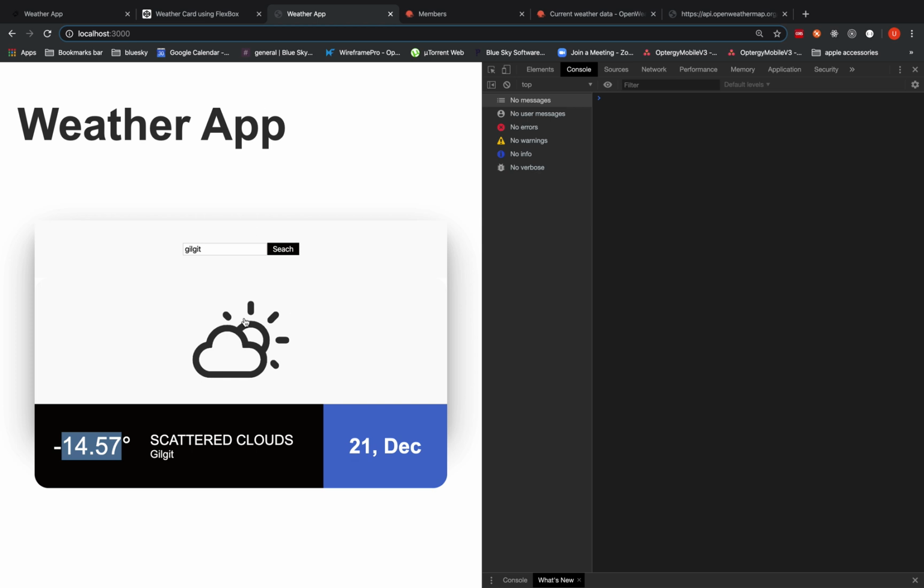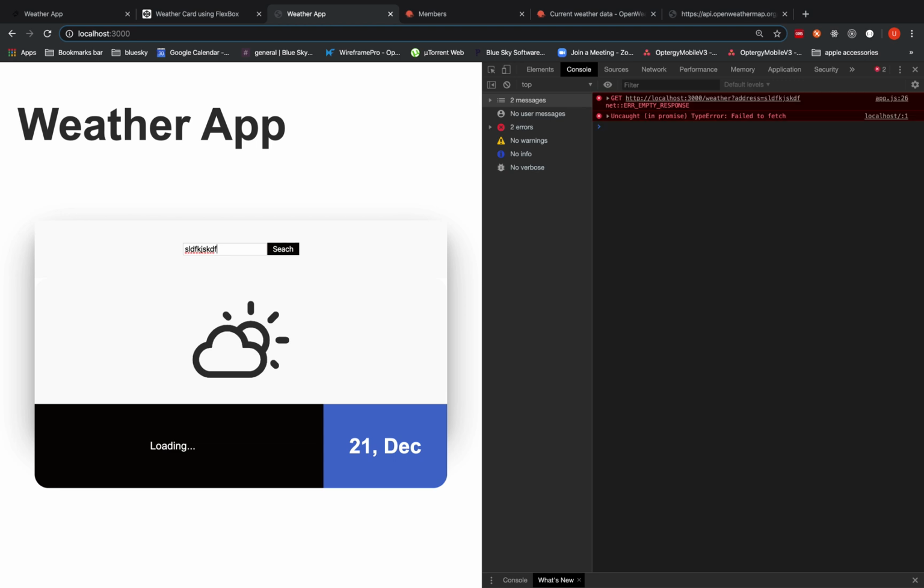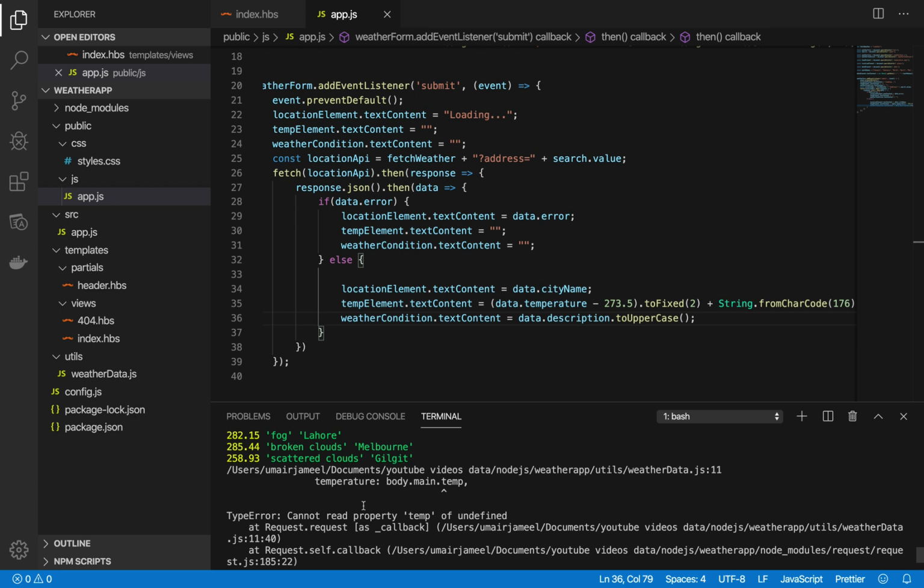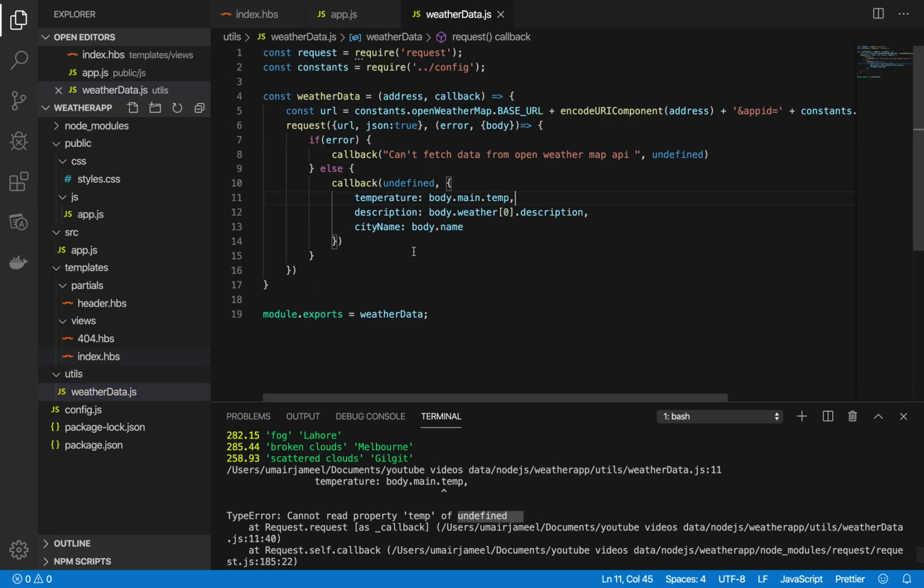Everything is looking cool. And let me write something that doesn't exist. So it is showing me failed to fetch, uncaught in promise. So it is not rendering anything. So I need to use, can't read property temp of undefined, body dot main dot temp. Okay, so it's the error for undefined. This temp does not exist because main doesn't exist. So I need to make a check that if main or weather or name exists in the response, then it should move forward. So let me write else if over here,